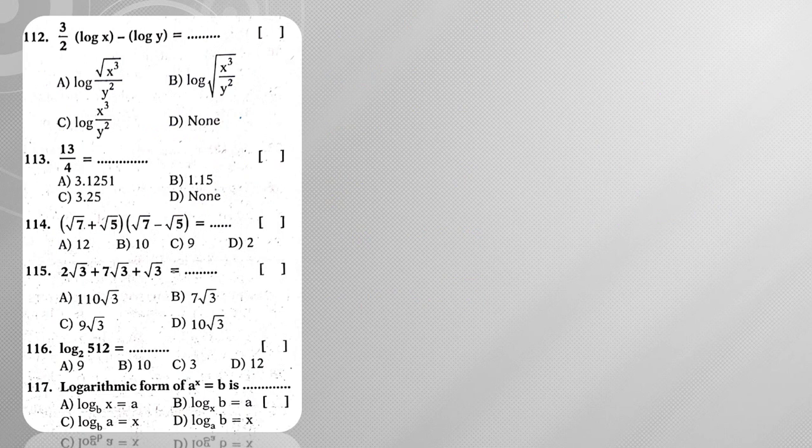So this I can write as, since it is in the form of into, I can write it as logarithm of x power 3 by 2 minus log y. So log x power 3 by 2 minus log y. Now again this particular thing I can write as log of x power 3 whole power 1 by 2 minus log y. Right? Now this again I can write as logarithm of square root of x cube minus logarithm of y. So log of square root of x cube minus log y.